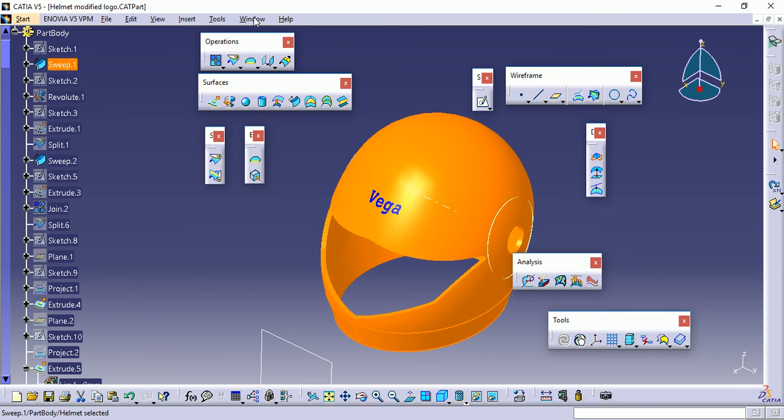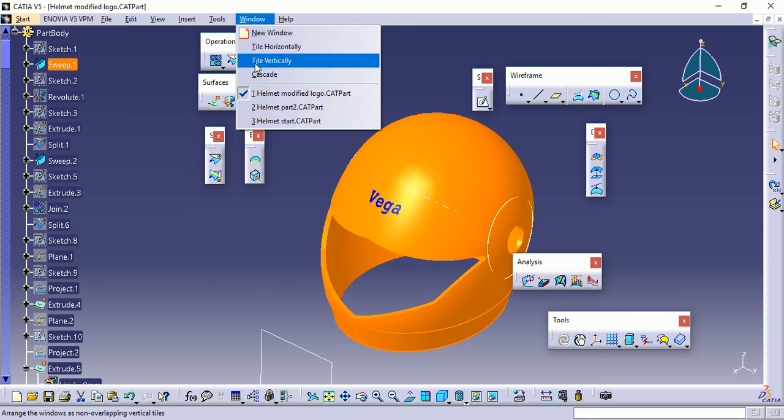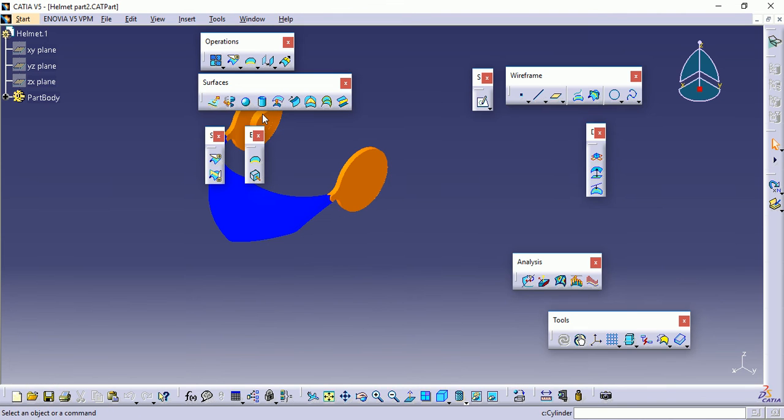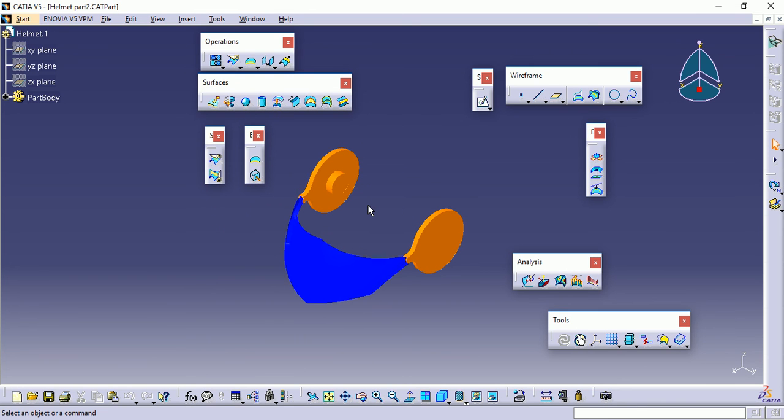This is the second part, the windshield, which is going to be attached to the base part. In the next session, we will take a look at the creation of an assembly of these two parts and also how to render our helmet model.